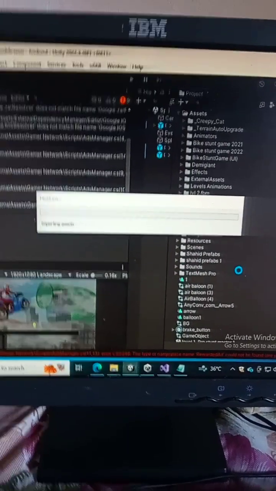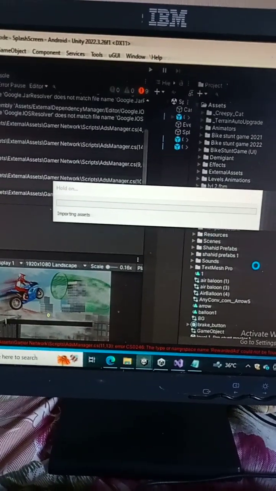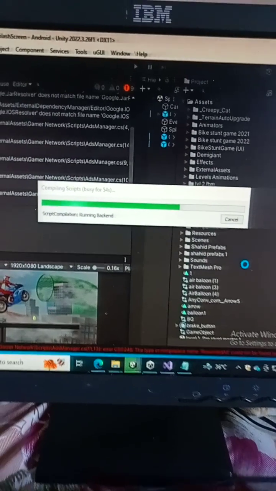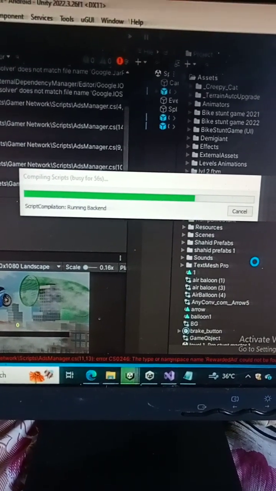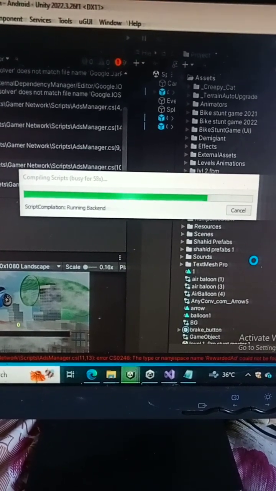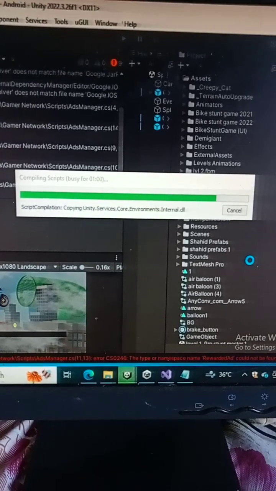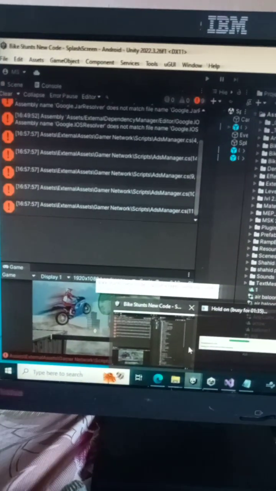Now it is importing your Google Mobile Ads version 7.4.1. Now it is almost completed.